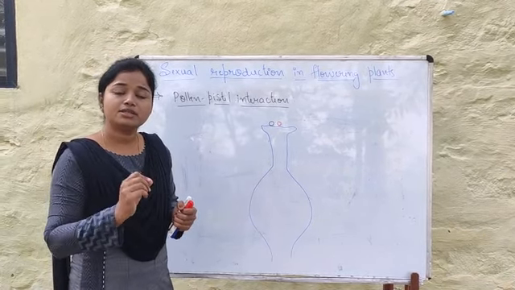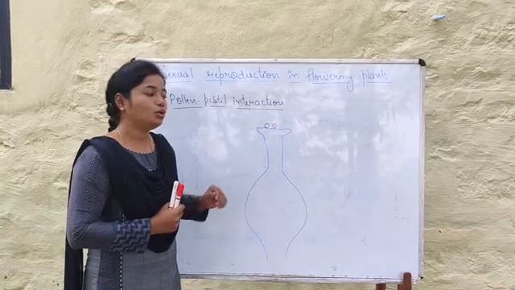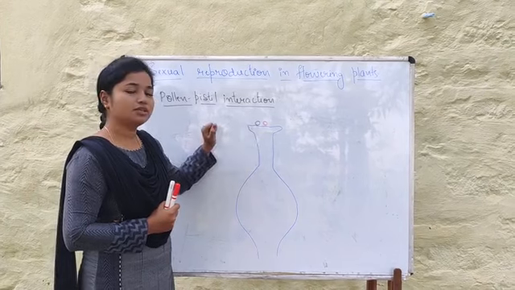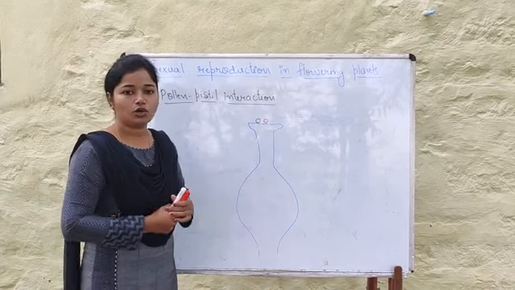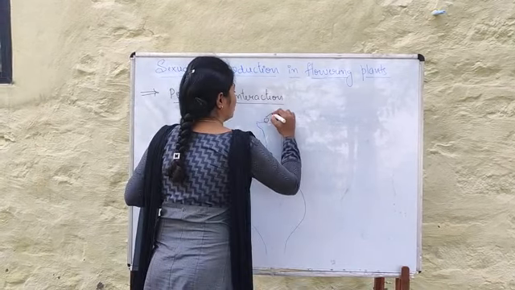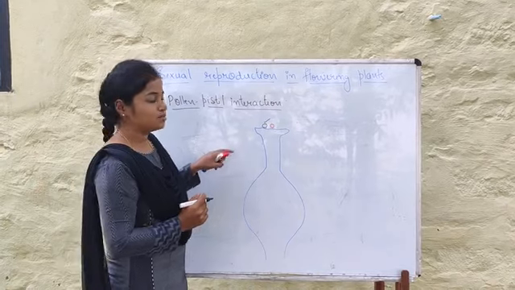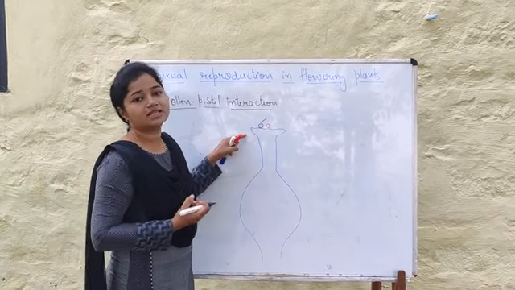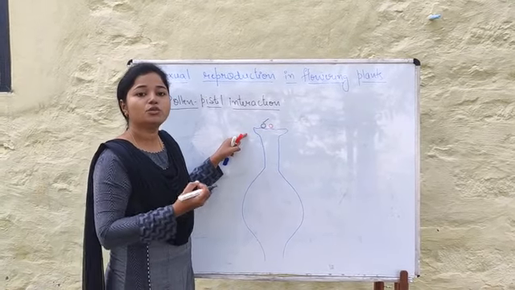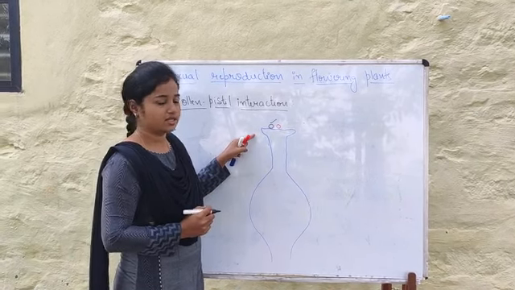But the pistil has the ability to know whether the pollen grain landed on the stigma is of the right type or of the wrong type. Suppose the pollen grain that has landed on the stigma is of the right type. Then this pistil is going to accept the pollen grain and promote the post-pollination events leading to fertilization, right?